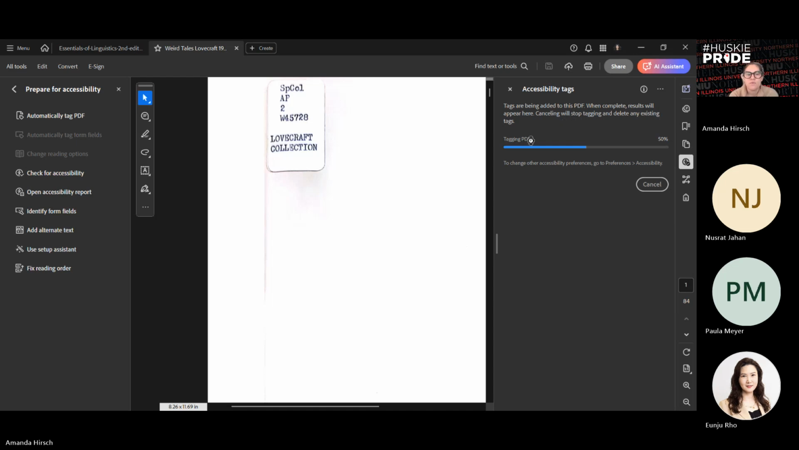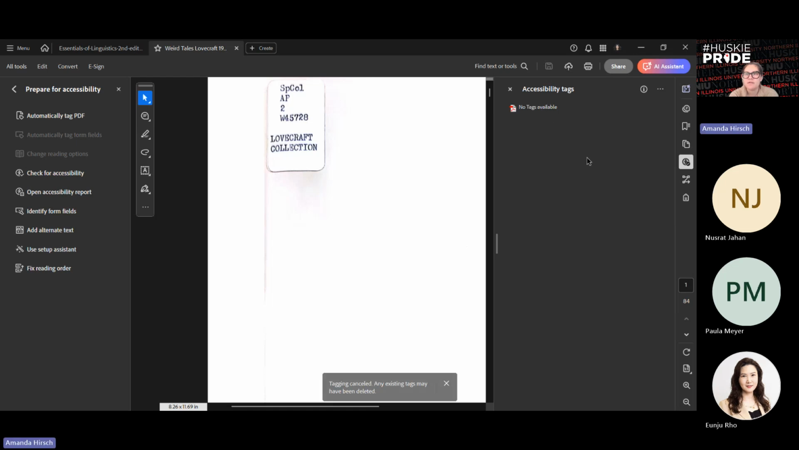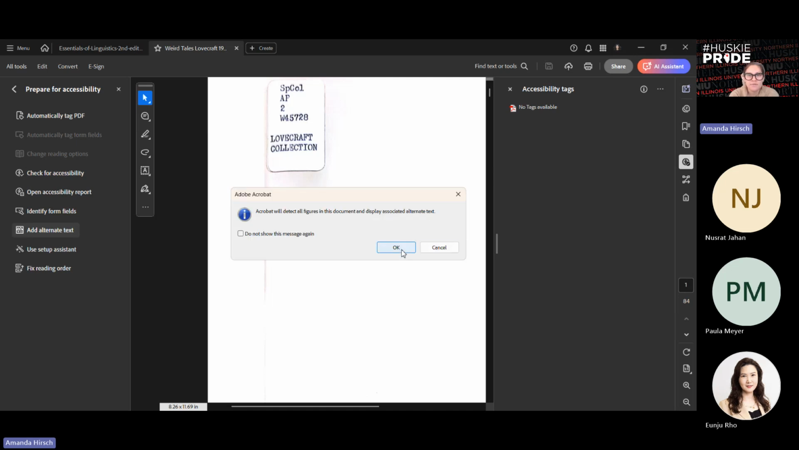And then the results will appear once it finishes tagging. It might take a minute. I'm trying to pick a small file here. That might take a while. But you'll be able to then see tags on the right-hand side once the automatic tagging has been done. And then adding alternate text,